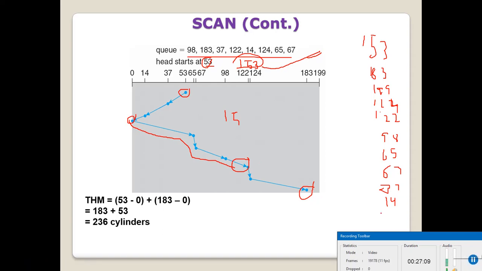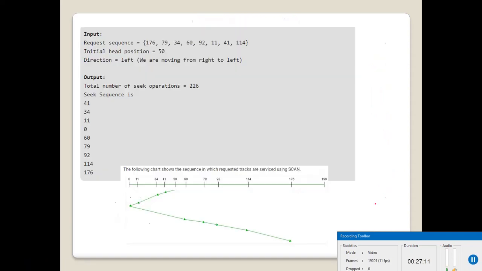Alright, so moving ahead, this is another example for SCAN. For example, we have this sequence and the head is at position number 50. Since the head position is closer towards the downward end, it will start servicing downwards.